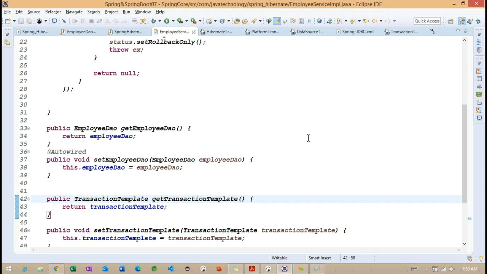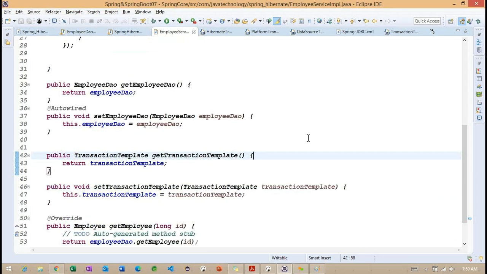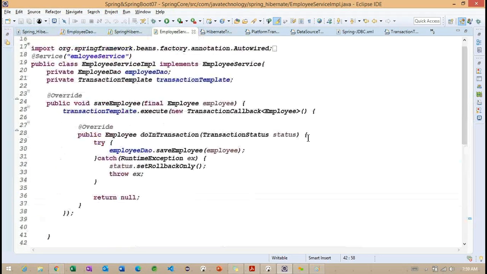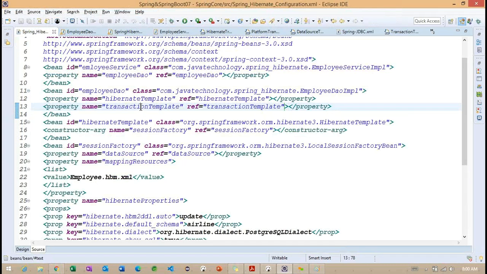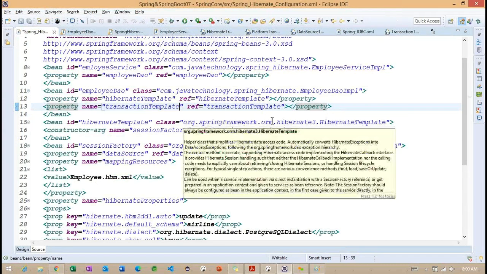Set transaction template. We provided the same only. What happened here? Maybe we made something wrong here, I guess.